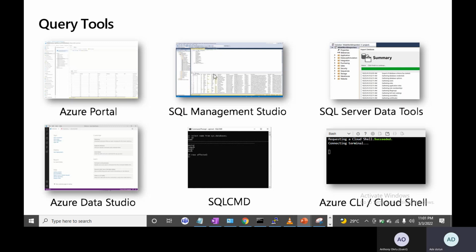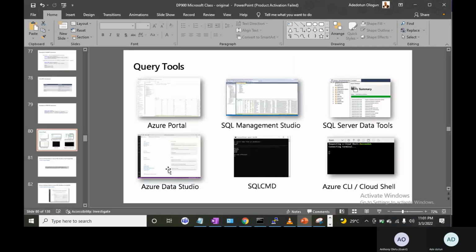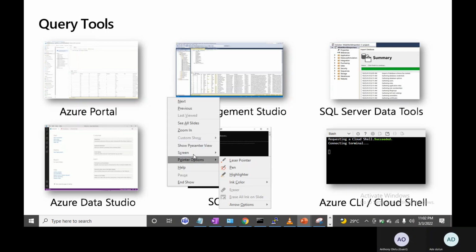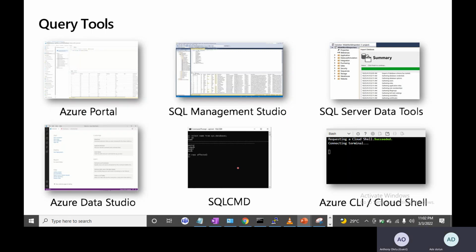Now, one of the things we must learn about Data Studio is they will do the same thing. This one here and this one. Okay, so this one here will do the same thing as this one. Okay, but